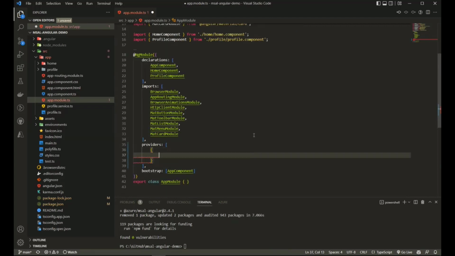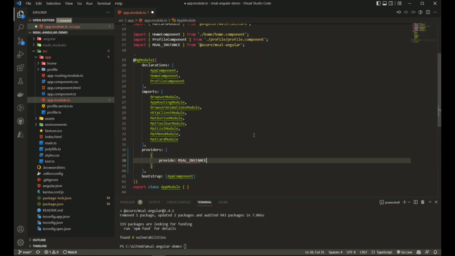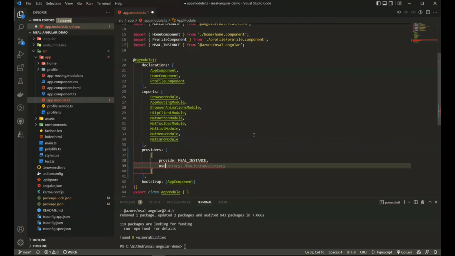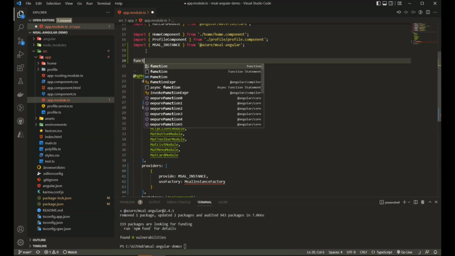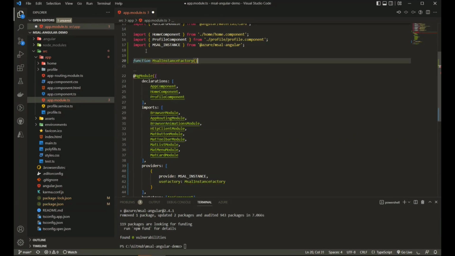So here I will pass my constant MSAL instance. And then I'll use the factory method to instantiate this. So I'll go ahead and create a very simple method here. This will return an MSAL instance.